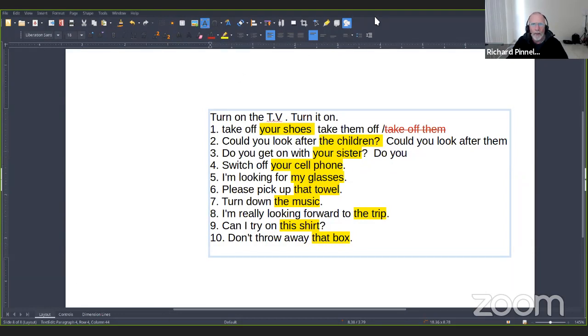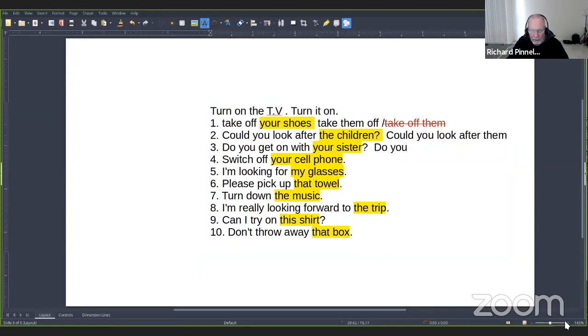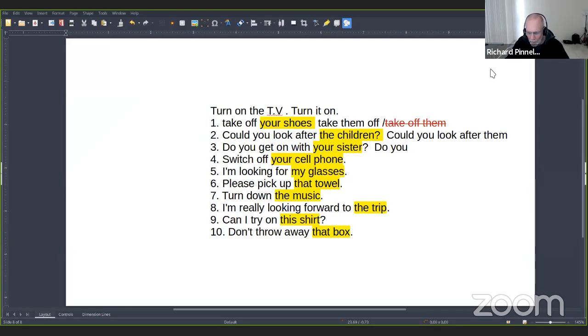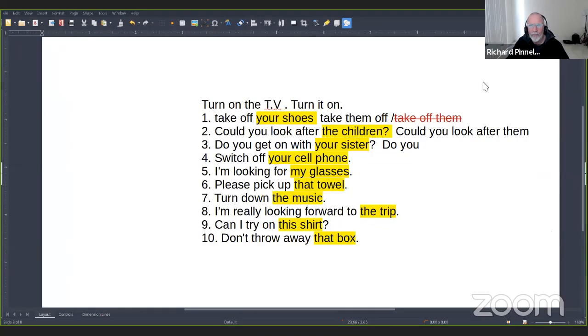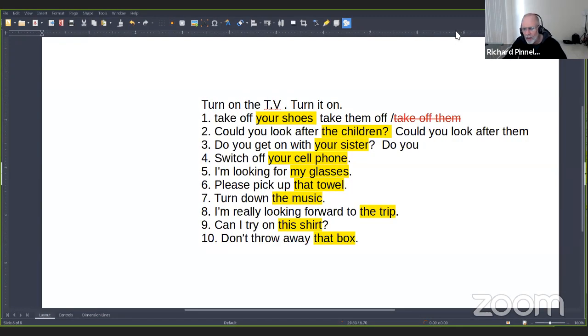No Spanish. I'm not speaking Spanish. Who's speaking Spanish? Not me. Let's move that over there. Trying to make it a bit bigger, but it doesn't. Who's got the answer to number 3? Do you get on with them? No, it's your sister, so. Has anybody got the answer to number 3?